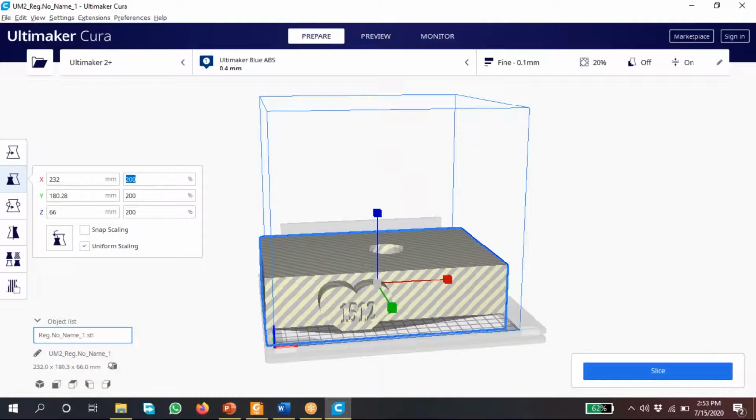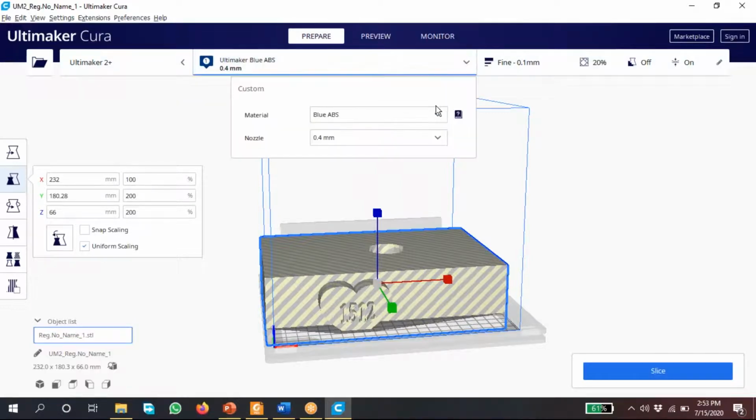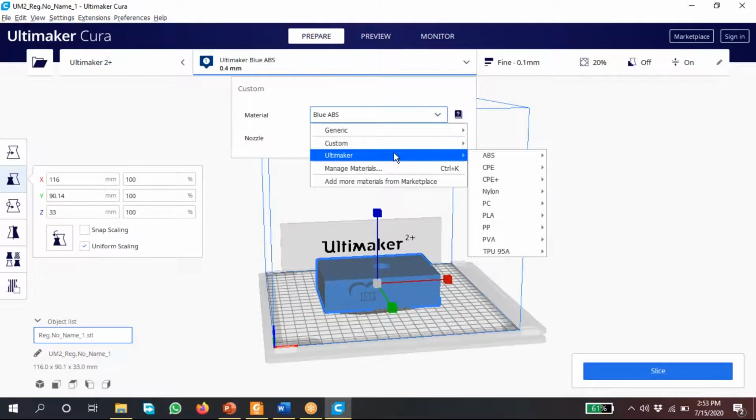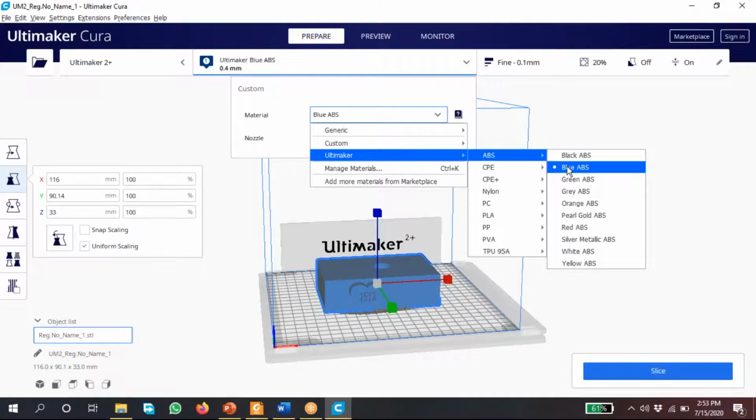Next to this at the top, Ultimaker 2 Plus, I didn't get that. Ultimaker Blue, you can go with here. The material, generic, is there, right? Ultimaker ABS. You can select any of the materials, green or anything, no problem.